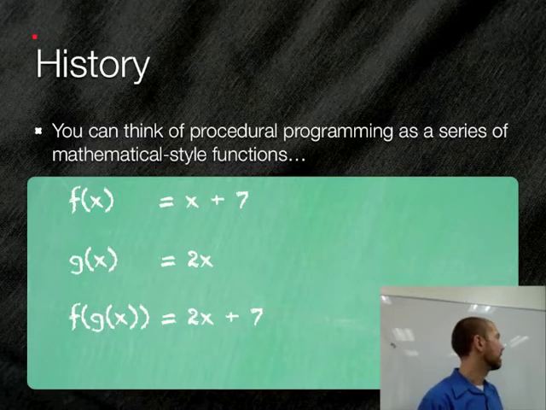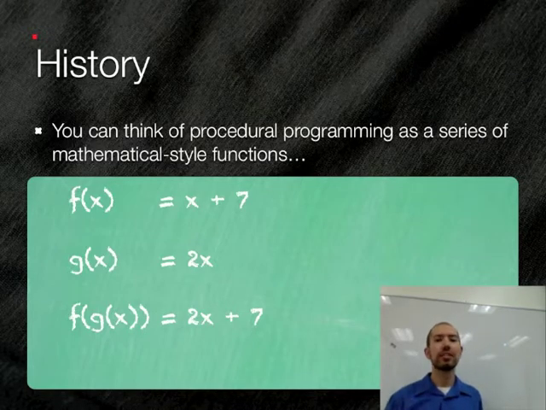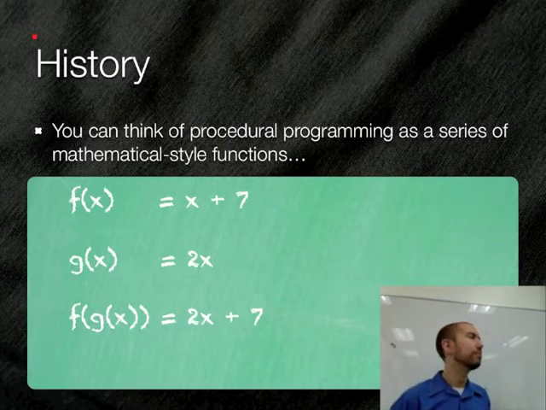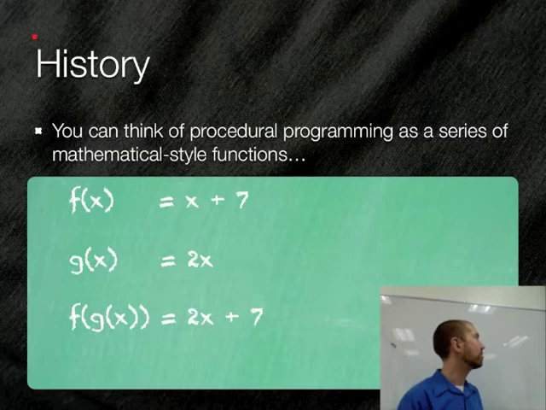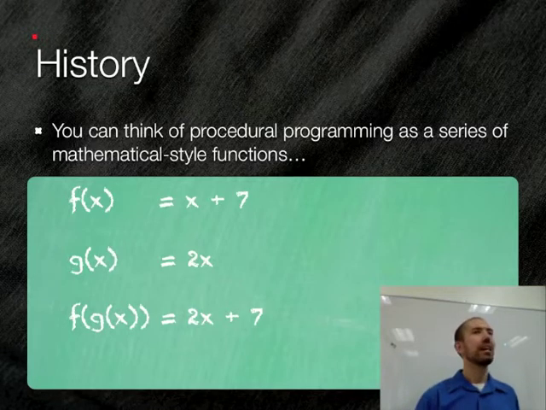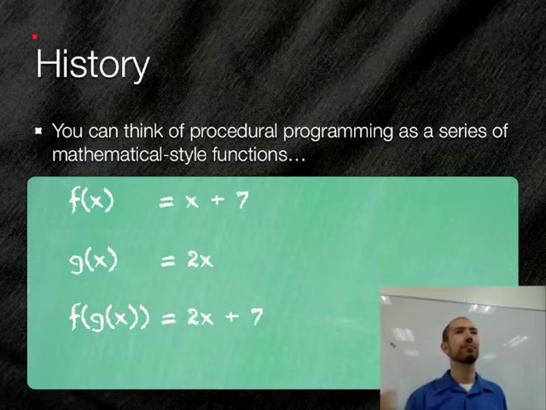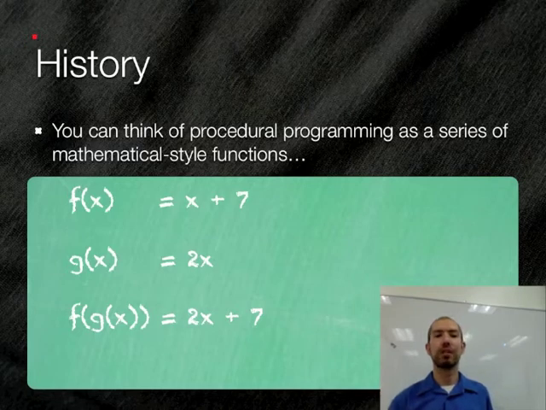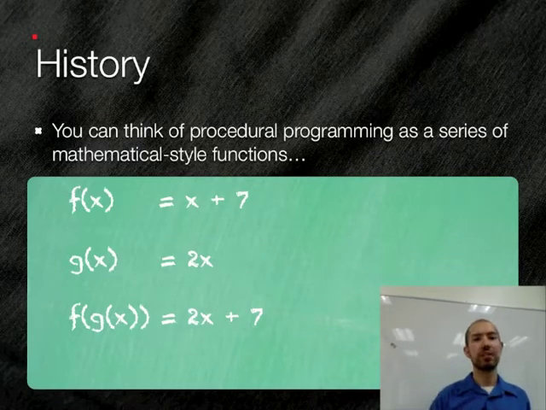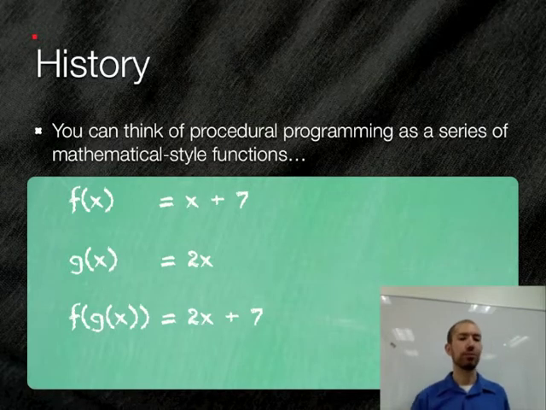17, right? So f of g of x would be f of 10, or equivalently 2x plus 7, right? So that's the idea, that you can combine these functions, and that's essentially what C and Pascal and languages like that do. You define functions that take inputs, like x here would be considered our input, and they have outputs of some sort, so they have some kind of result. And you can then just call them in sequence and take the outputs of one function, put them into the inputs of another, and keep doing that until you've done whatever you are trying to do, right?